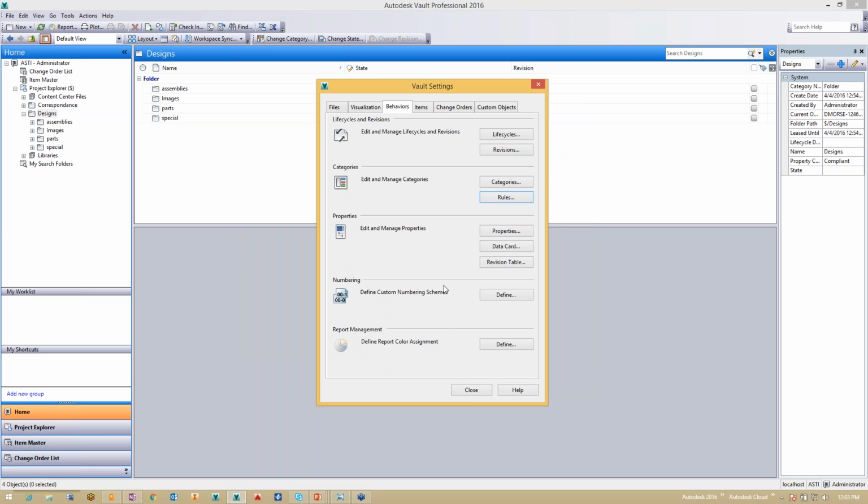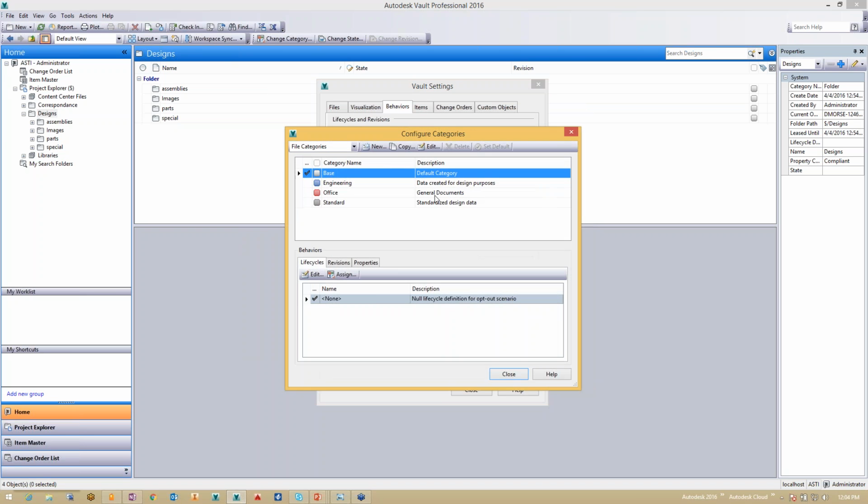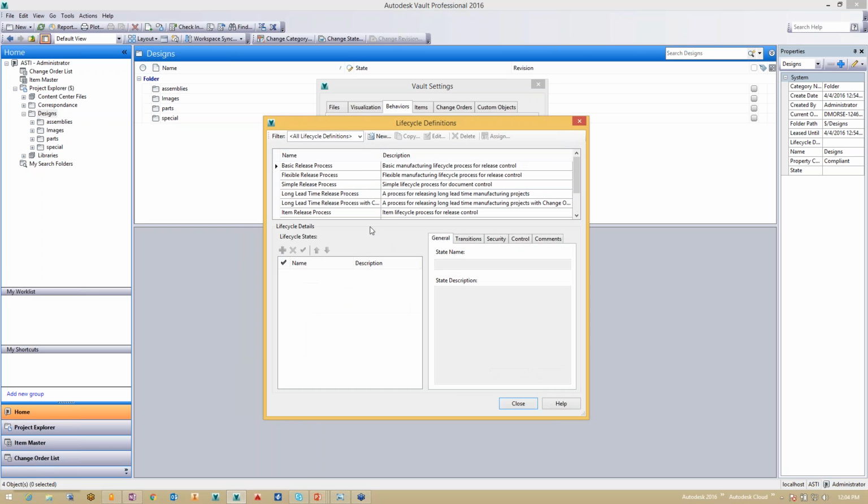I'll click OK here. So I've created my life cycles, I've created categories, I've got rules. Let's go back and look at this category office. So the office documents, or the office category, is using this simple release process. I want to click Edit here, and I'm going to come down here and look at that simple release